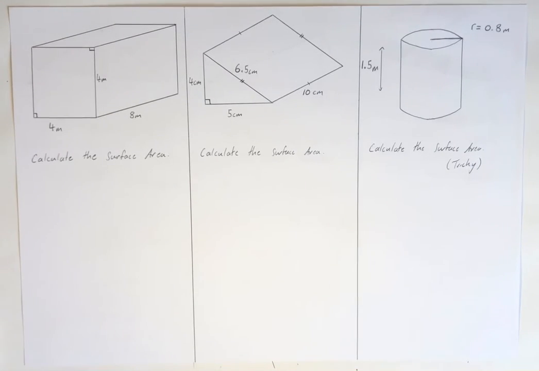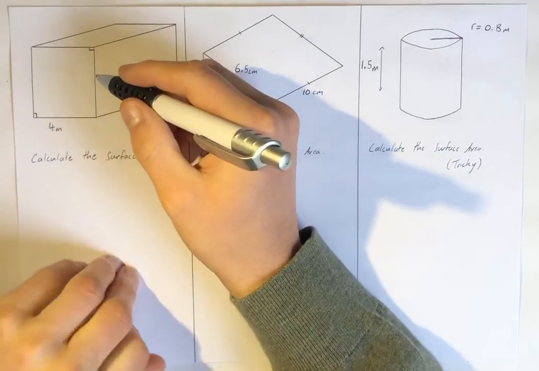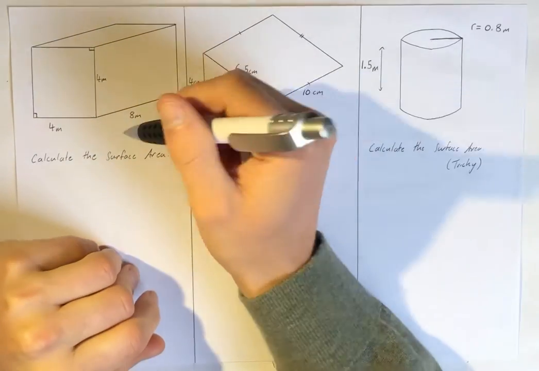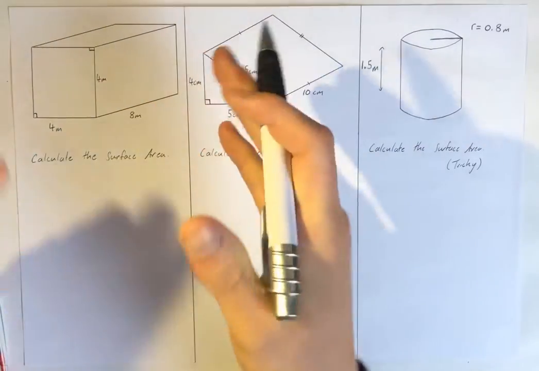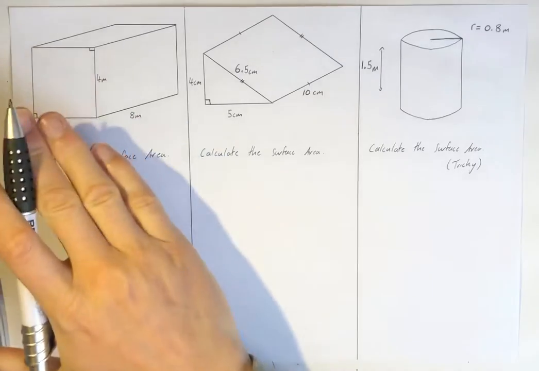Right guys, I'm going to go through some surface area for you. This was posted for both the Year 9 classes and the 101 math class. We're calculating the surface area of this rectangular prism. Not the volume anymore, we're just thinking how much material is going to be needed to make the faces